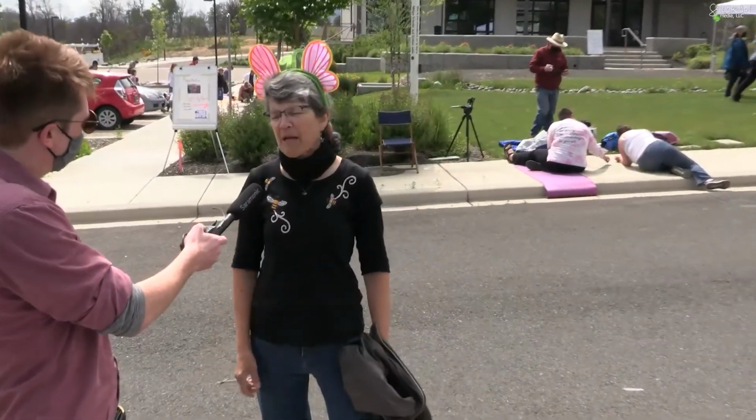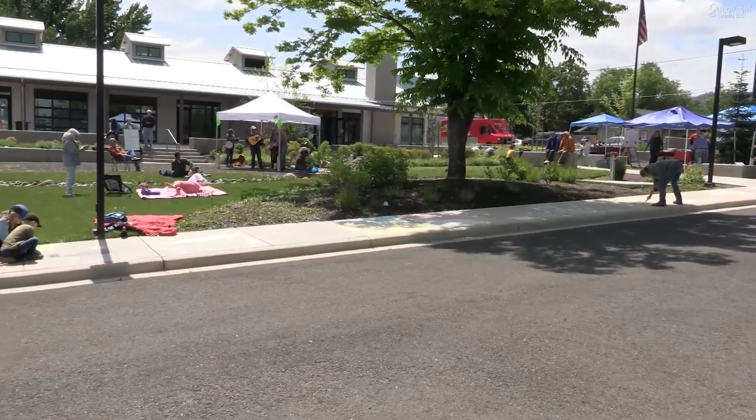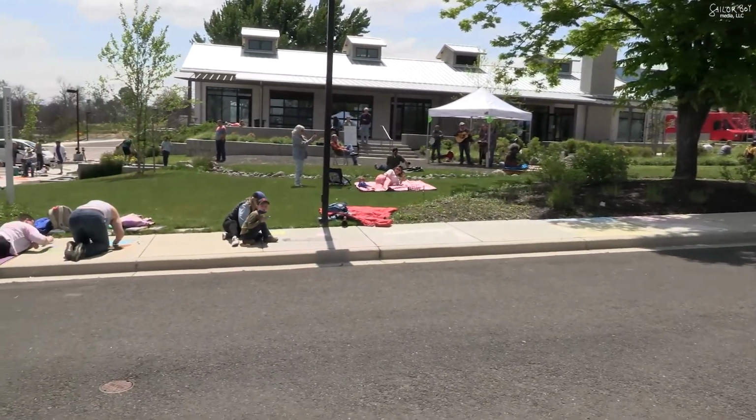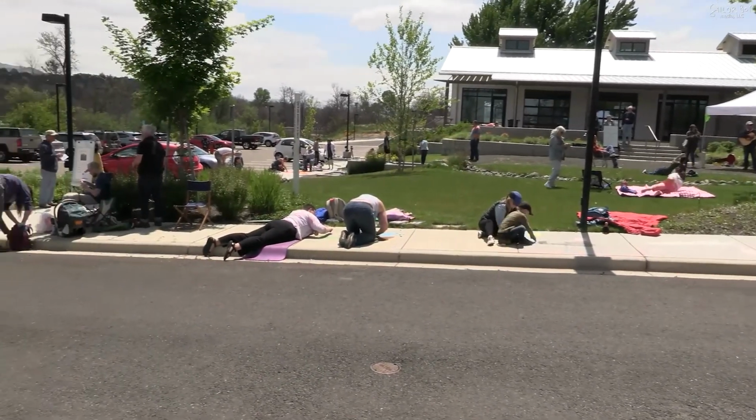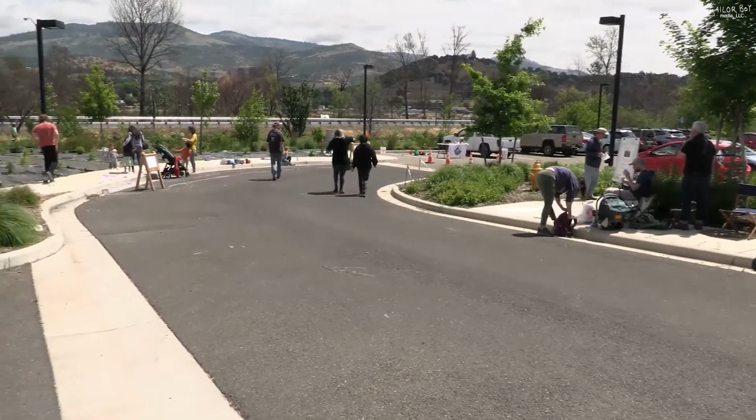Hi everyone, my name is Kristina Lefever and I wear several hats, but today I'm wearing the hat of President of Pollinator Project Rogue Valley, and we're right here in Phoenix. This is an event that we just came up with about a month ago. We put this together very quickly, and if we hadn't had wonderful volunteers and a lot of community energy, this would not have happened. So this is called Chalk It Up, Art for Endangered Species in Phoenix, and we're wanting